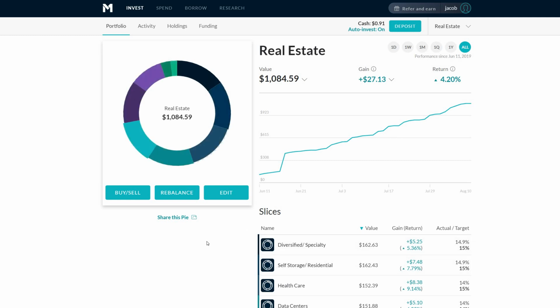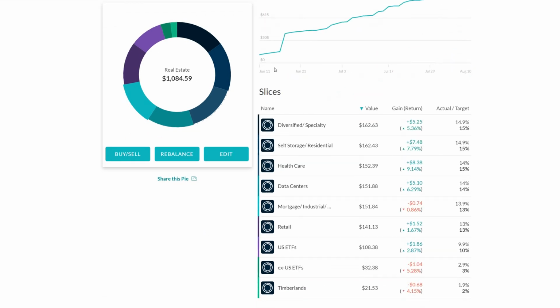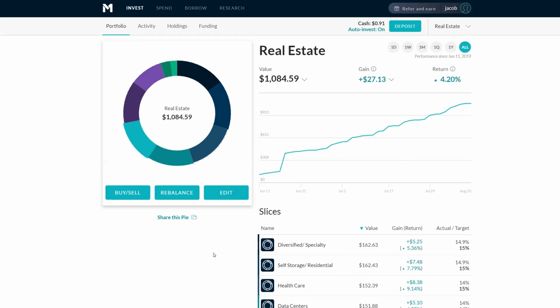All right, so everybody, this is my portfolio. This is how I invest into real estate investment trusts with M1 Finance. Once again, this portfolio here, I have it on autopilot. I invest $90 a week. I let it sit here and I let it ride. I have 43 holdings in this portfolio. Of those 43, 4 of them are ETFs. So 39 individual holdings. I have 1 mortgage REIT and the rest are equity REITs.